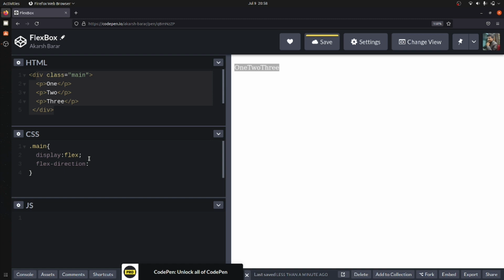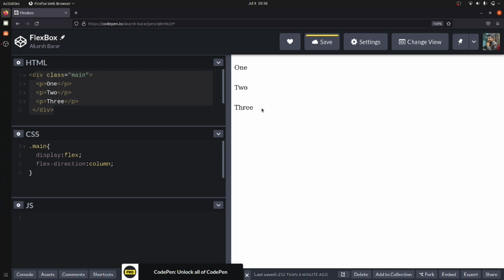By default it is row, so if you do this, you can see that nothing happened. But if you set it to column, you can see that it is now in a column format.